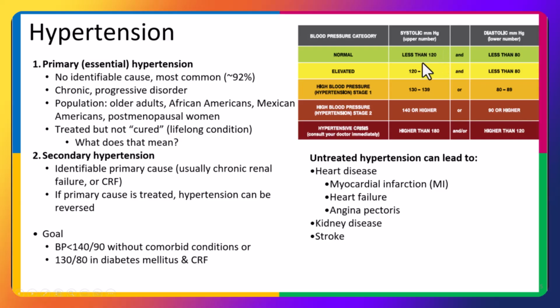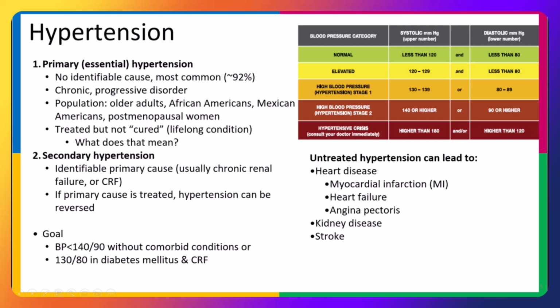Is it the systolic number or the diastolic number? Well, both do matter because high systolic and high diastolic pressure are linked to heart, brain, kidney damage. But in younger people, so we'd say maybe less than age 50, diastolic blood pressure is a stronger predictor of risk. Whereas in older adults over the age of 50, systolic blood pressure becomes more important because the arteries stiffen